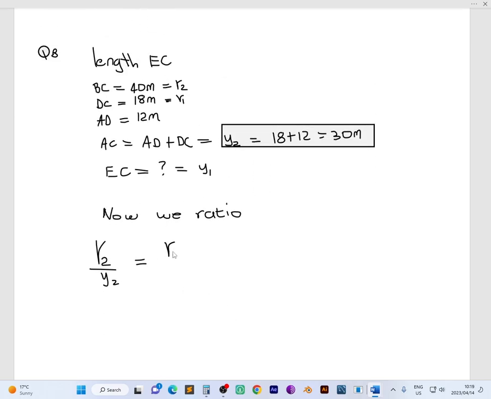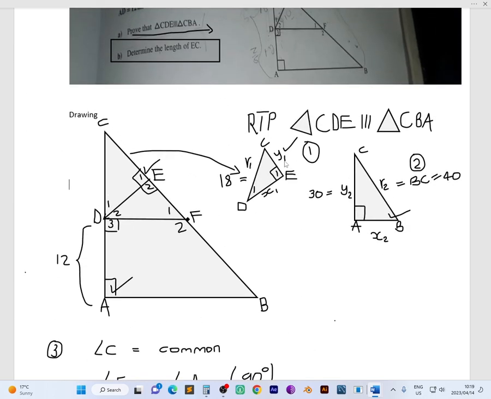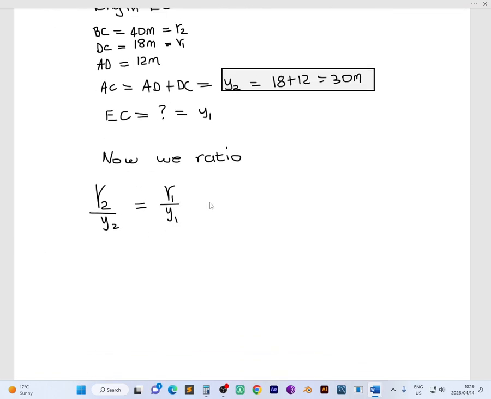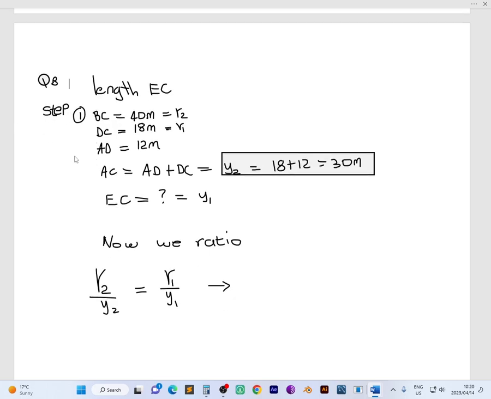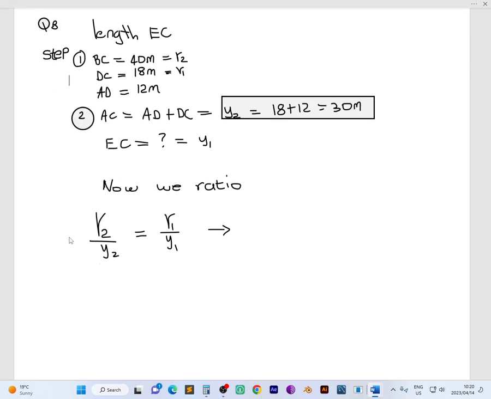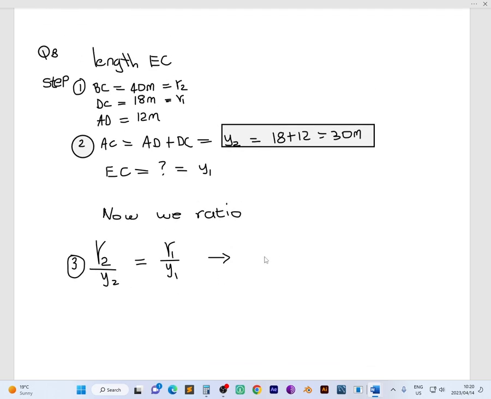And then we have R1 over Y1. Now you can see that R2 is 40. These are just the steps that we need to number, so that if you have any questions you can refer to the steps. Step 2 is we calculate AC to give us Y2, and then step 3 we use the ratio. So that would be R2 is 40